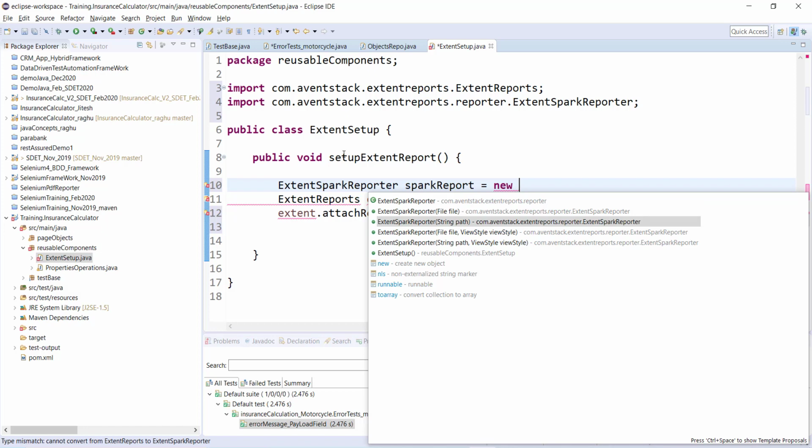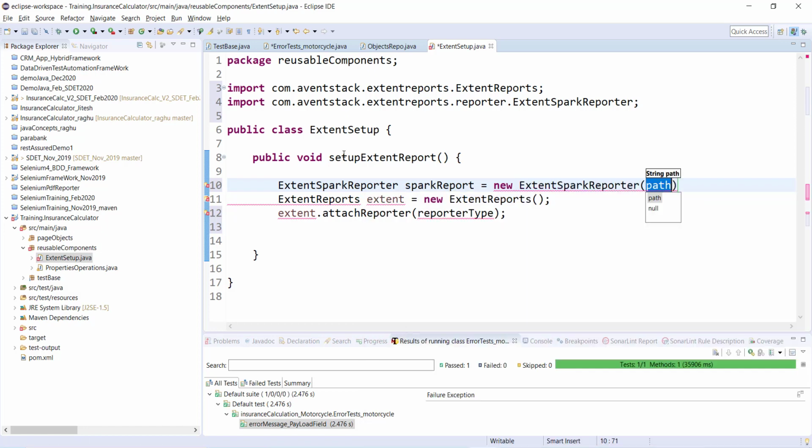So I will pick this one, and I'm going to specify the location where my report should get stored. Once it is defined, you should attach this ExtentSparkReporter here. So two different things we have done.